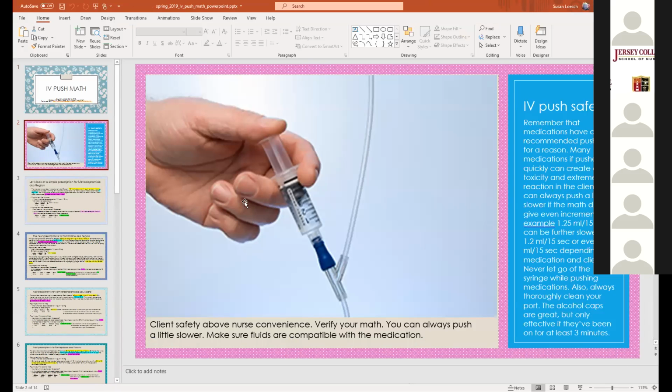Yes. Okay, so with IV push meds, of course, they have a push time for a specific reason, and it's usually because